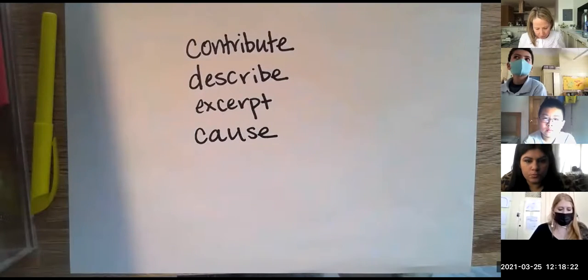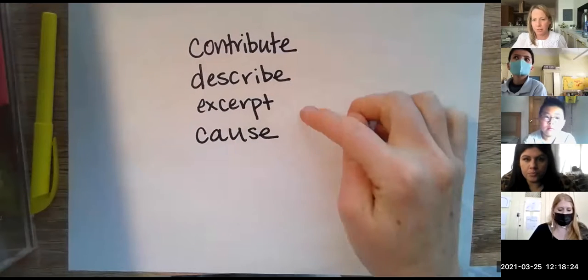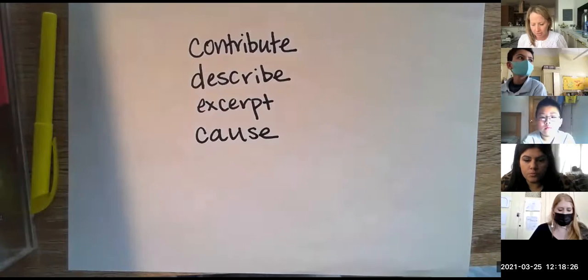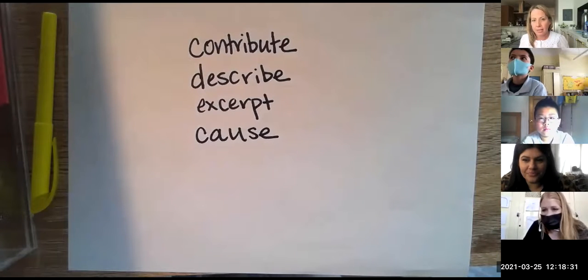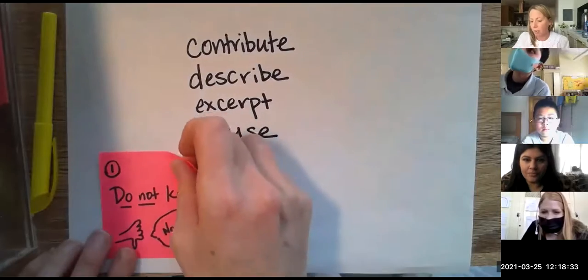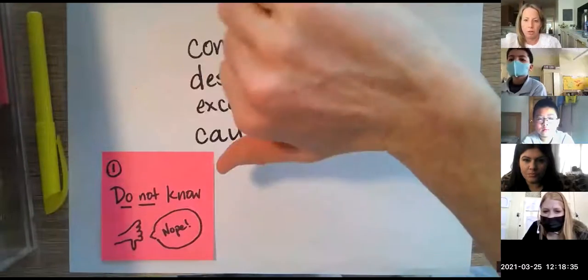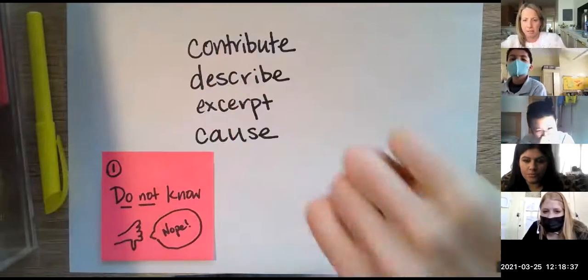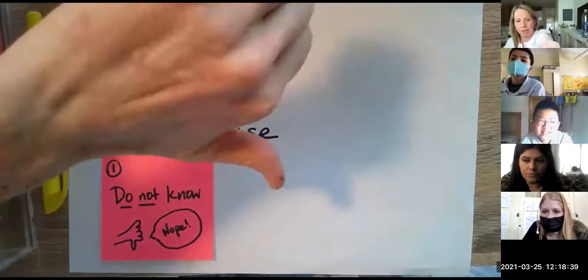And right now, fifth graders, I want you to look at these 4 words. Are you thinking about them, Muhammad and Jason? I can tell Jason's like really thinking about them. And I want you to think, is this a word that I would say is a number 1 word? Today we're gonna call it a number 1 word. It means a thumbs down word. I do not know this word, okay?